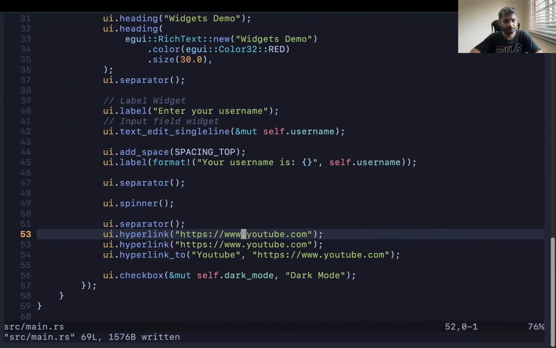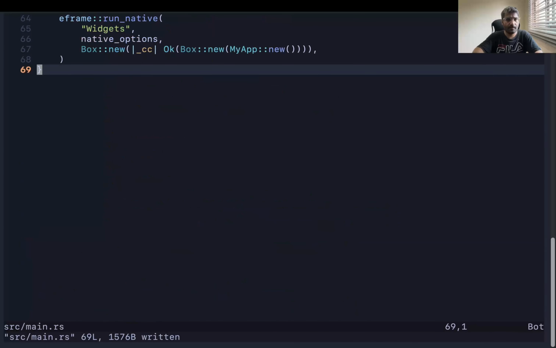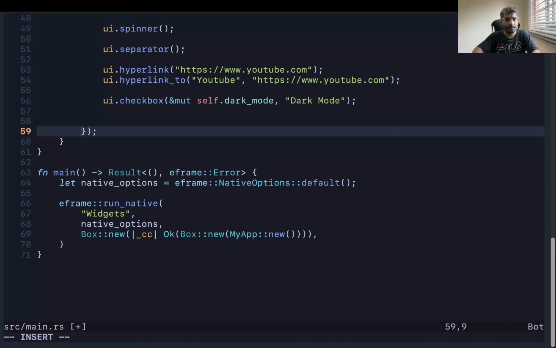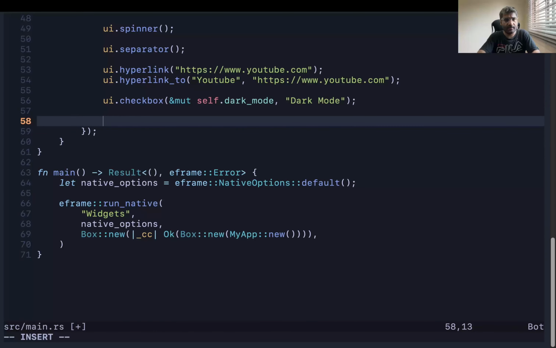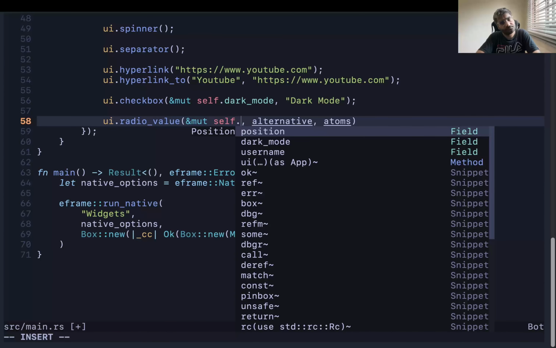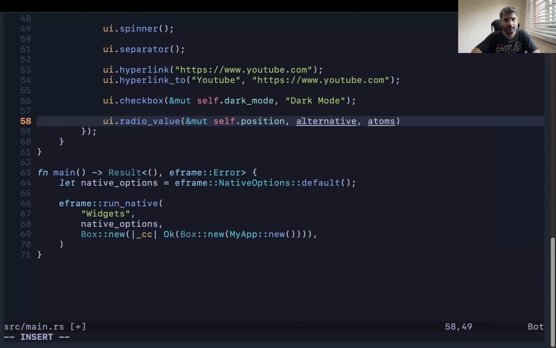So let's try to explore the radio, ui.radio_value, and the current value will be, well, we need to pass the current value will be &mut self.position, and